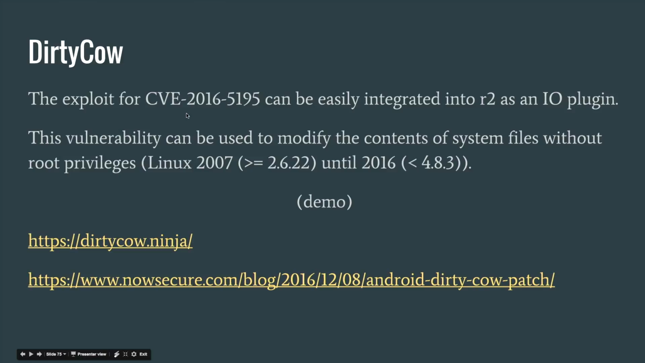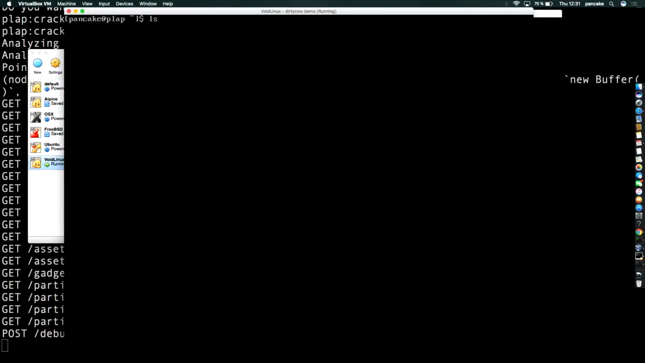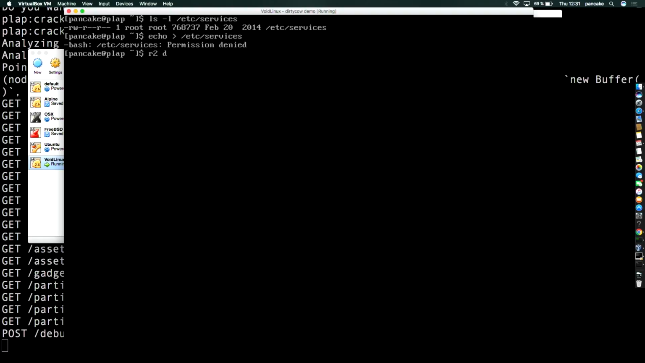And you can read more in these URLs. What this vulnerability allows you to do is to modify files that are not owned by you. So you can modify, for example, the /etc/services. I don't have permissions for this. But if I'm using the Dirty COW plugin,